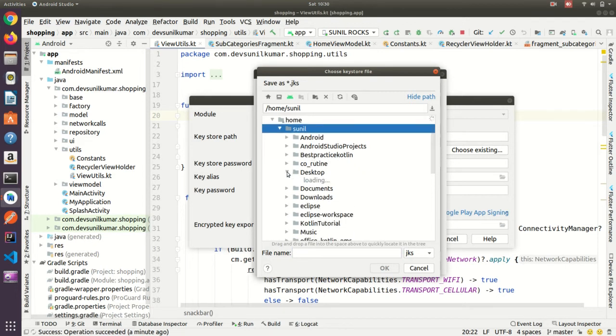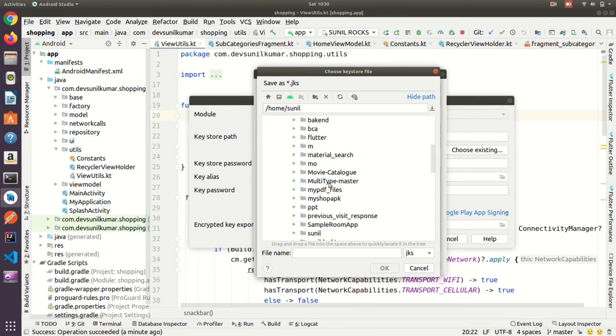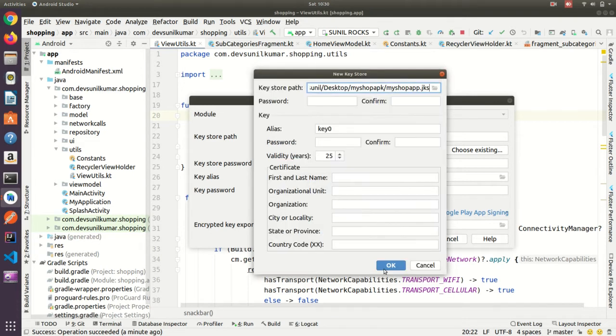So I am going to the desktop and choosing one folder. Here I have made one empty folder, my shop APK, and here I am going to write the name of the JKS file, my shop app JKS. Click on that.